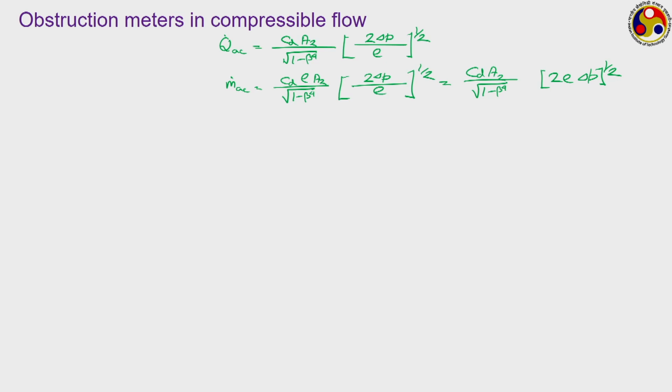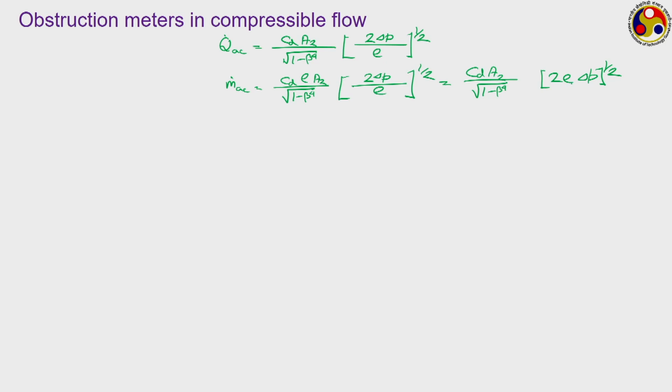a compressible flow situation, there may be significant change in the value of the density, and there we have to be careful. Careful in the sense of which density to use, that is the first question, and secondly there can be certain other changes in the equation because the Bernoulli's equation itself is not applicable. So, in that situation generally what we do, we incorporate this rho as rho 1, that is the upstream side density,